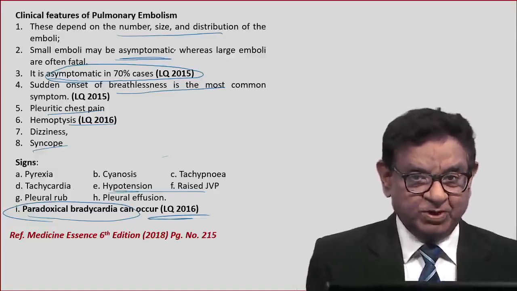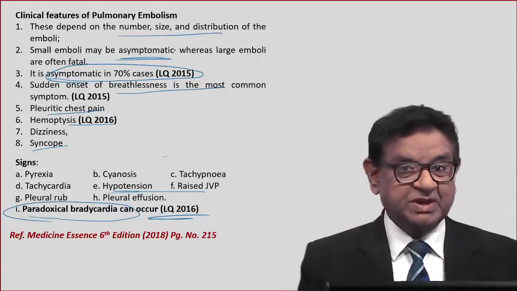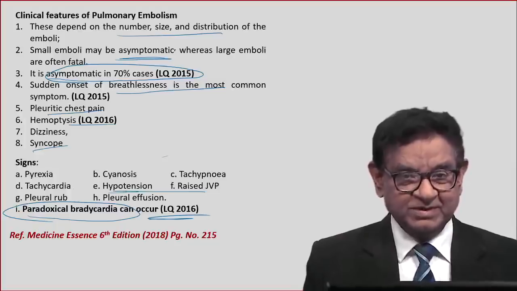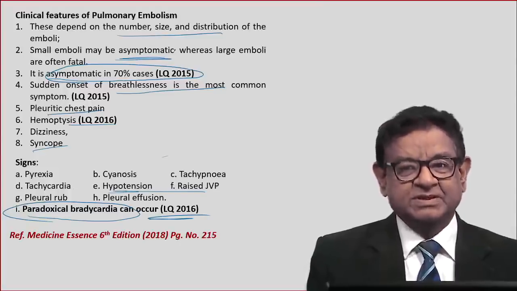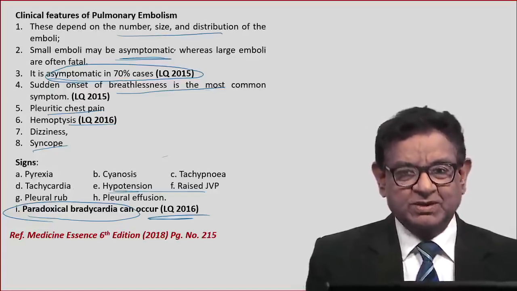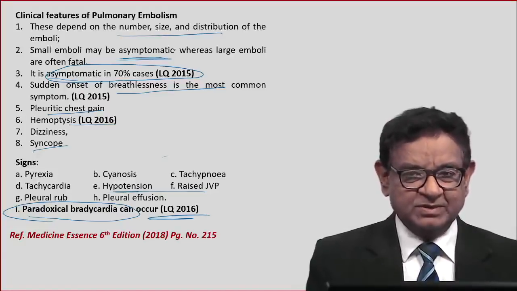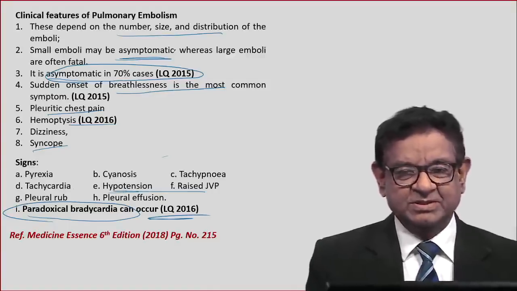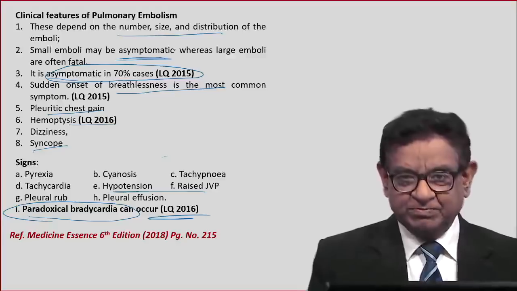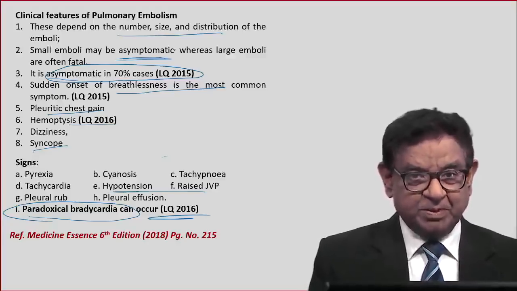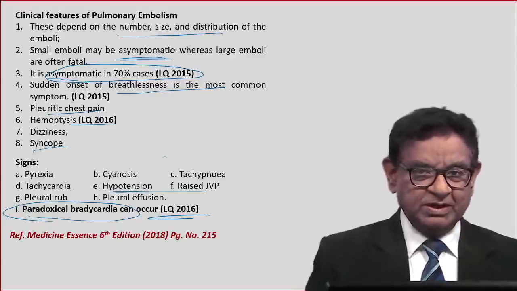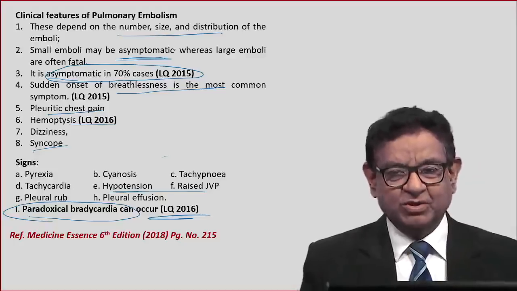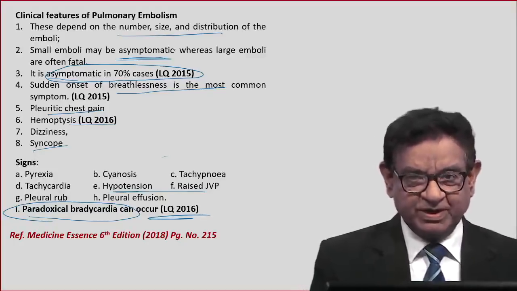Now a homework question for you, and this question will fetch rank number 1 in various exams. The question is, in which condition do we get paradoxical embolism? This is the homework for you. You answer this question at my personal WhatsApp number given at the end of this lecture. Okay, so we continue with pulmonary embolism. Just to remind you again, pulmonary embolism is one of the most frequently asked topics in all the exams throughout the world. So you will also get a question in your exam. So read this topic very carefully and repeatedly.